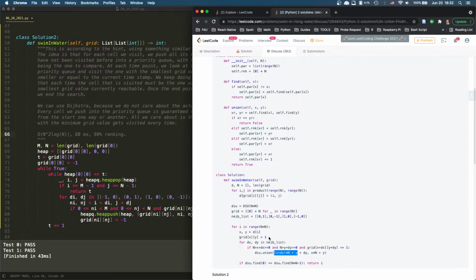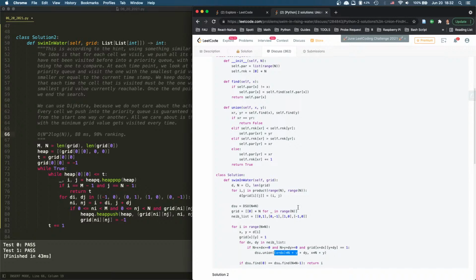I look at my neighbors, and this just means it's available. If it's available, I union these two. And then I always point things to a, we just need to say if find of